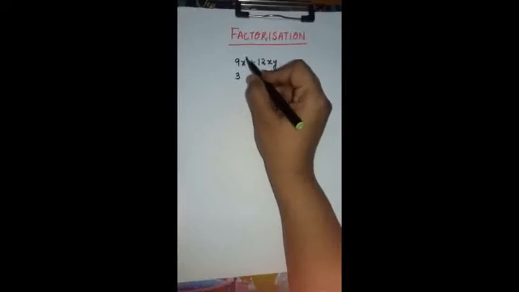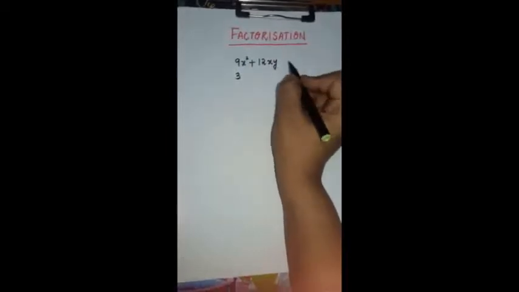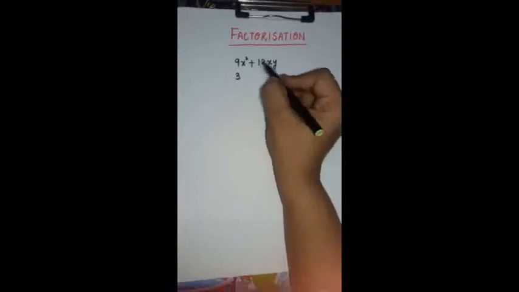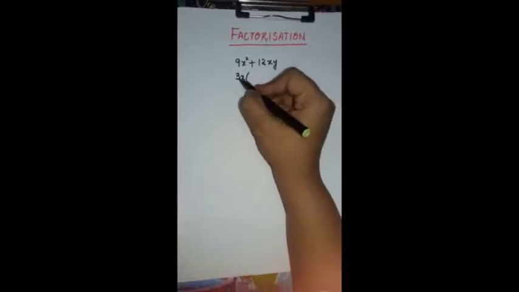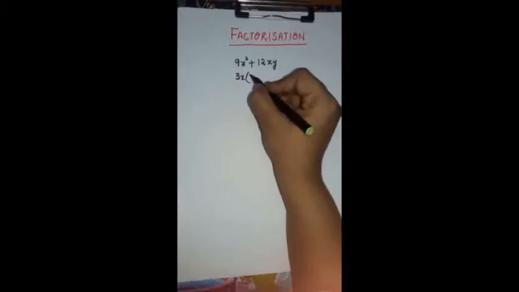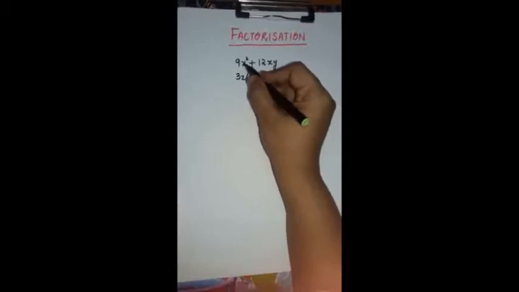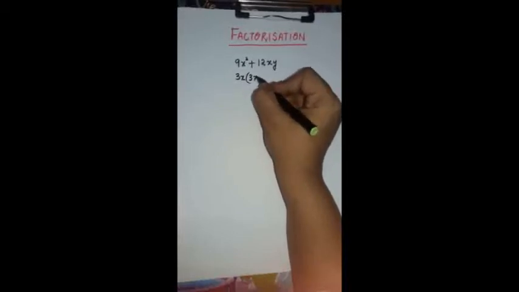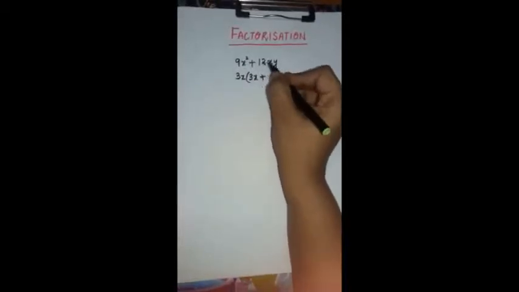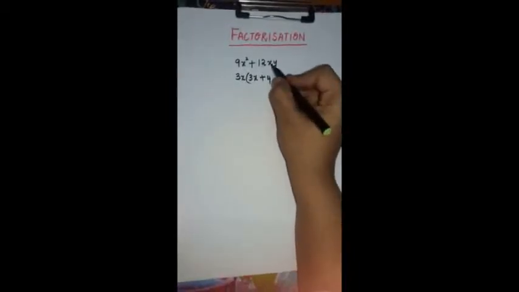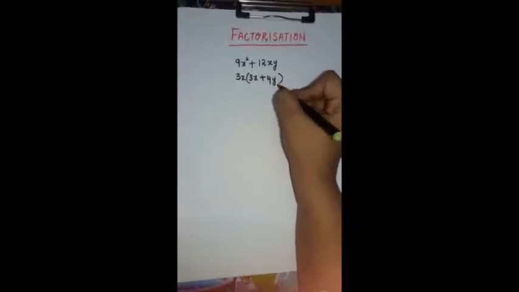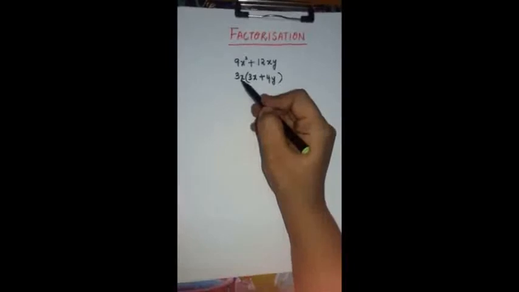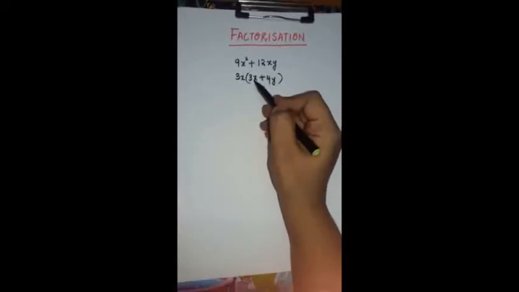Now out of the variables, x square and xy, what common can we take? X is in both, so x we can take common. Now inside the bracket, after taking 3x, what is remaining? 3 into 3 will be 9. Then x, already 1x we have taken outside of the bracket, one more x is remaining. Plus 3 into 4 is 12, then x is already outside the bracket, and y is remaining. So now 3x we have taken common, and the remaining thing is 3x plus 4y.